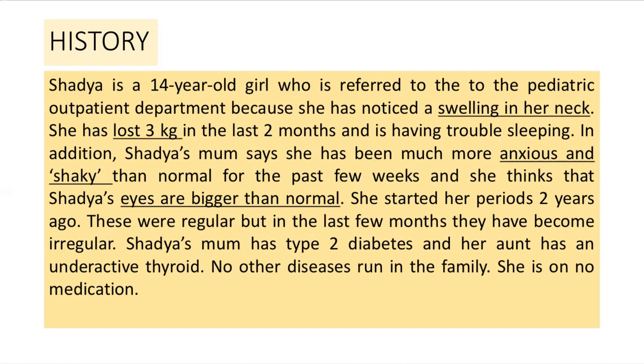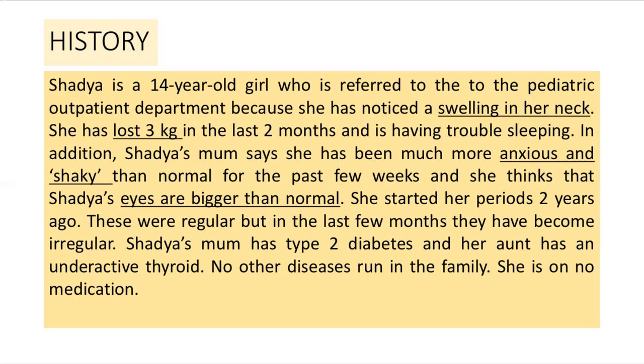يعني الحالة بتاعتنا النهاردة عندها 14 سنة، جاية بتشتكي من ورم في رقبتها، وبتقول إن في آخر شهرين الوزن بتاعها نقص 3 كيلو، وإن هي بتجد صعوبة في النوم، وإن مامتها ملاحظة إن هي الأيام دي anxious وشيكي، يعني دايما كده apprehensive، يعني متضايقة كده شوية، ولاحظت إن عينيها كبروا،